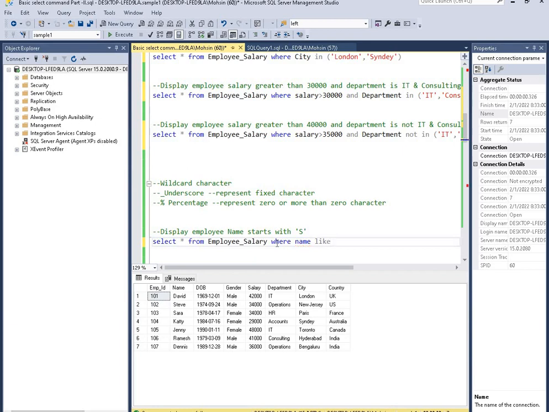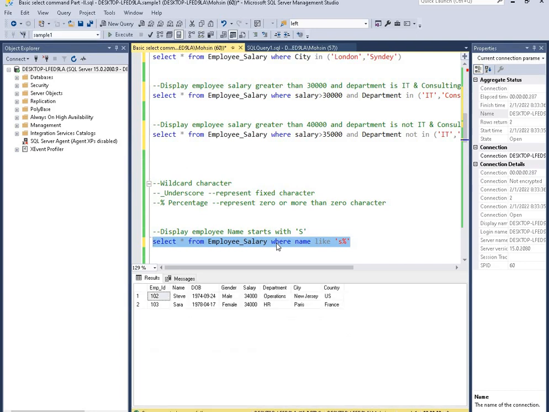Like, start with single quote, S, and the rest can be anything, so I put percentage. It may be 0 or more than 0. It is looking for the initial character, first character is S. Okay, Steve and Sarah, the starting letter is S.